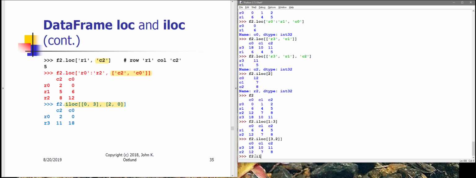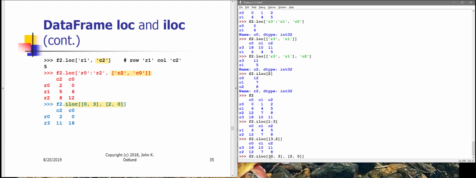Let's take a look at that one, because this one is different from what we saw with ndarrays. I don't know if you recall that with ndarrays, when I used a fancy index for the rows and a fancy index for the columns, what I got back